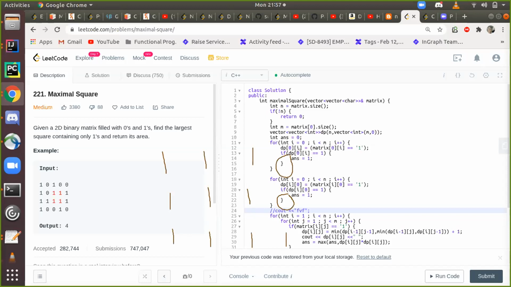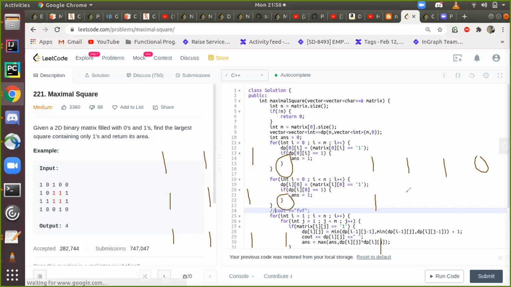In this DP array, I'm trying to store the side of the square which can be formed with the bottom right corner as the ending cell of the square. So for the base case, it would be 1, 1, 1 and 0, and again 1 here and 1 here.